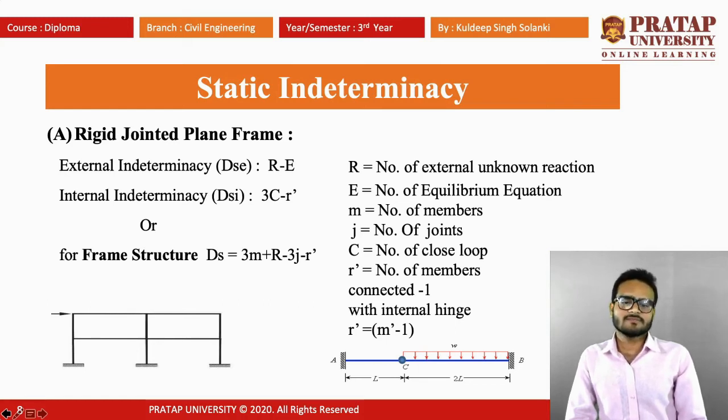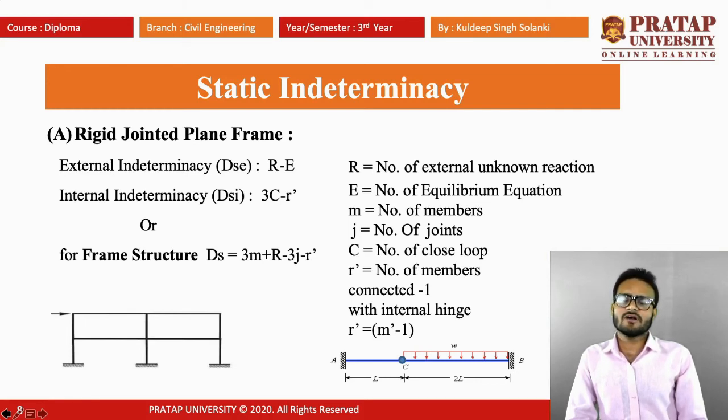Now R dash. What is the R dash? R dash is the number of members connected minus 1 with an internal hinge. If any structure has an internal hinge, see the right figure. This is the fixed beam, and we have 2 beams, AC and CB. The 2 beams are connected by an internal hinge. In this case, the value of R dash,